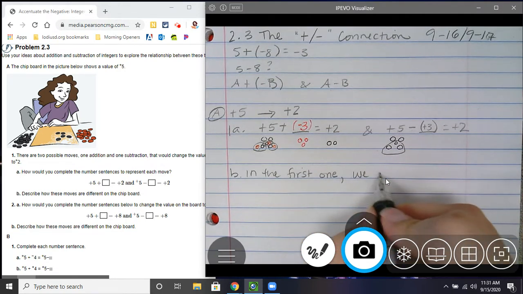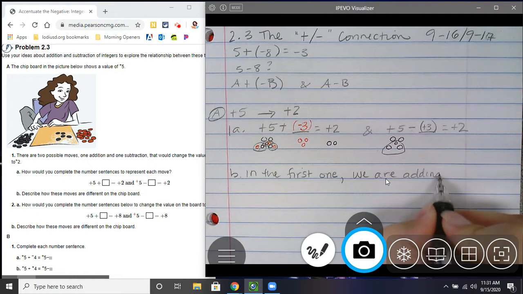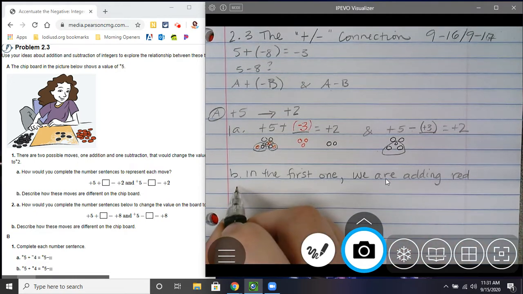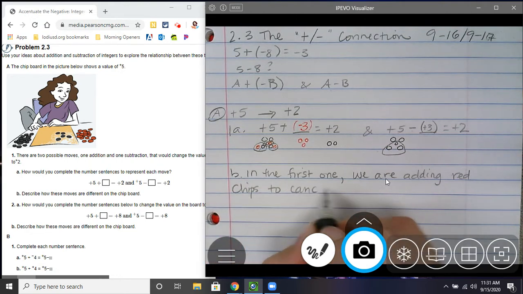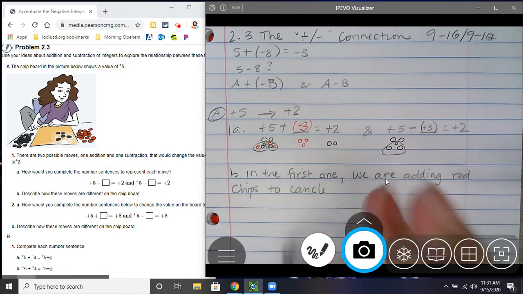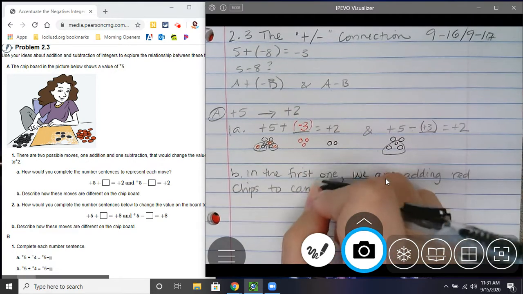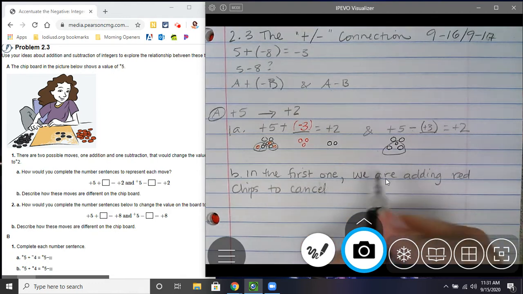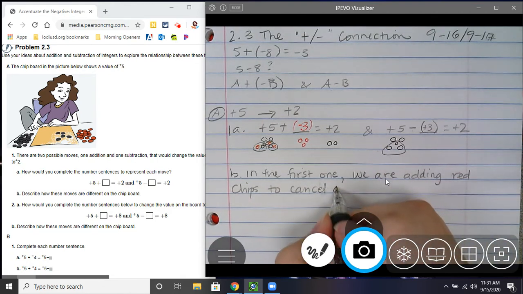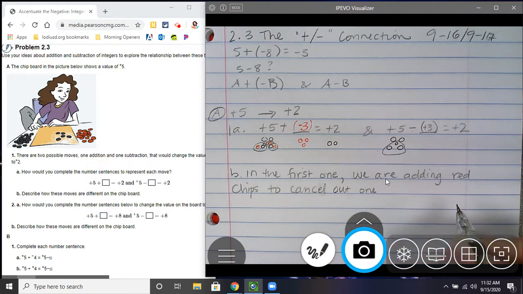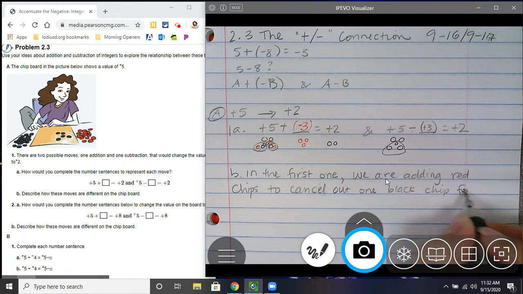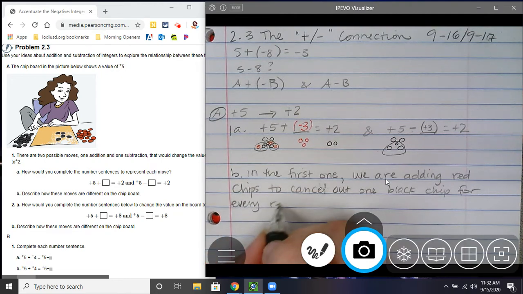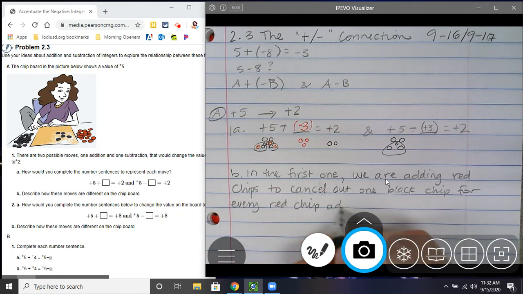We are adding red chips to cancel out one black chip for every red chip added,